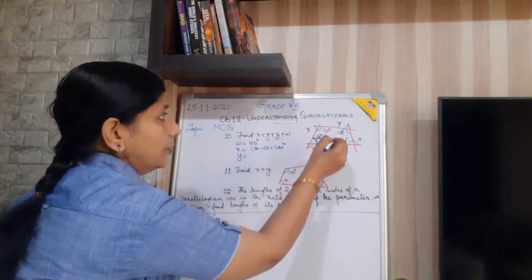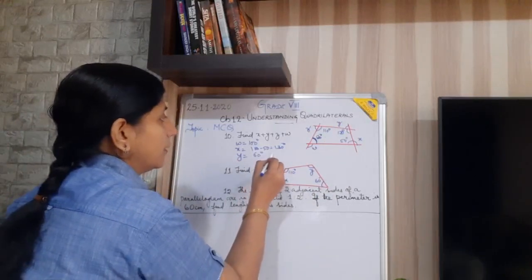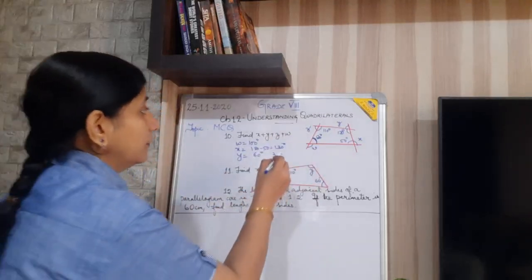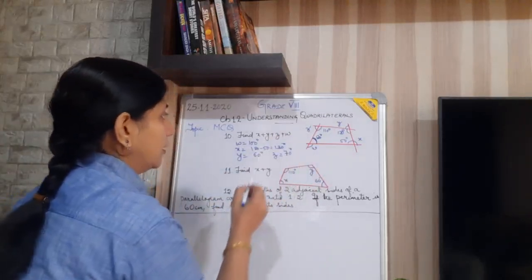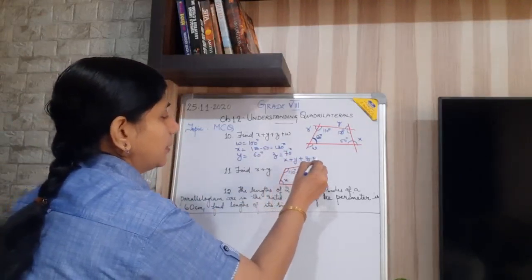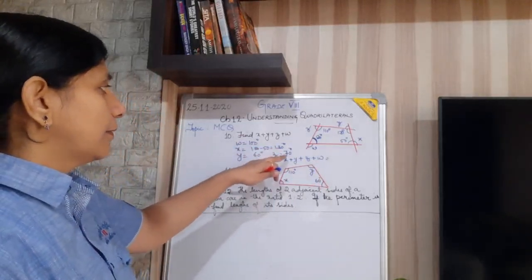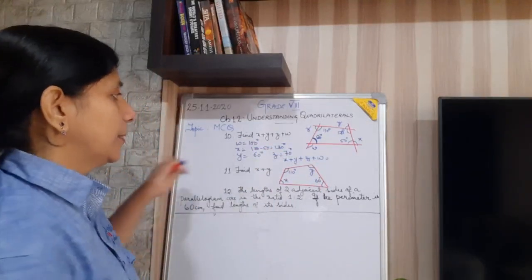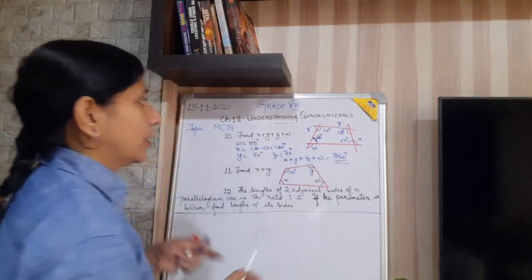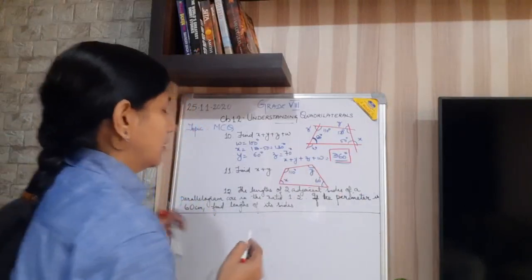So y is equal to 180 minus 120, that is 60 degree, and z is equal to 180 minus 110. So it is 70 degree. If you add up, x plus y plus z plus w is equal to 100 plus 130 plus 70, 200, 300, 300 plus this one, it is 360 degree. So you got the answer as x plus y plus z plus w equals 360 degree.